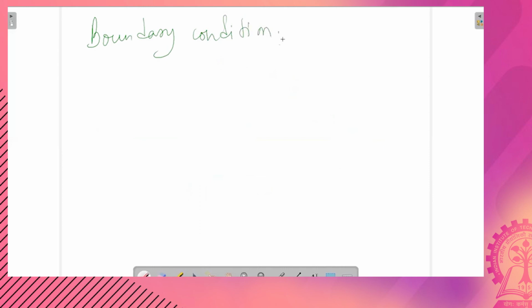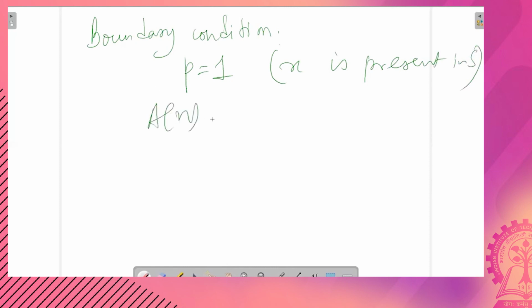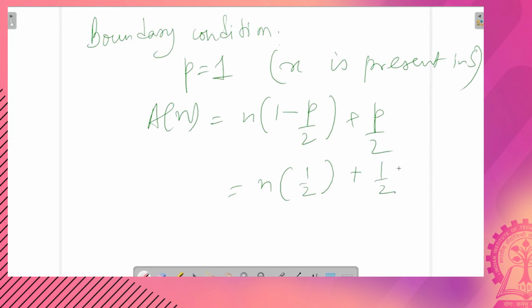The boundary condition here is what happens when p is 1, that is, x is present in S. In this case, An, which is n into (1 minus p) by 2 plus p by 2, becomes n into half plus half, which is (n plus 1) by 2, which is exactly equal to the situation that we obtained earlier.